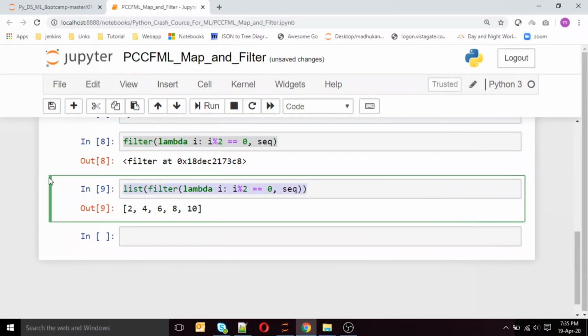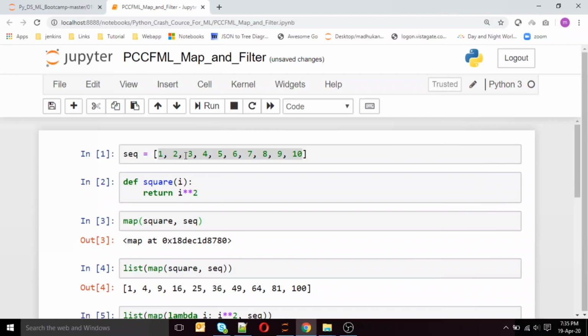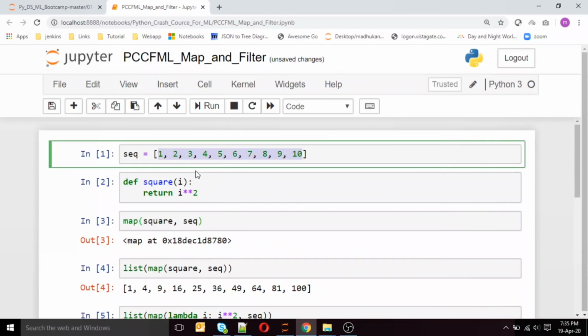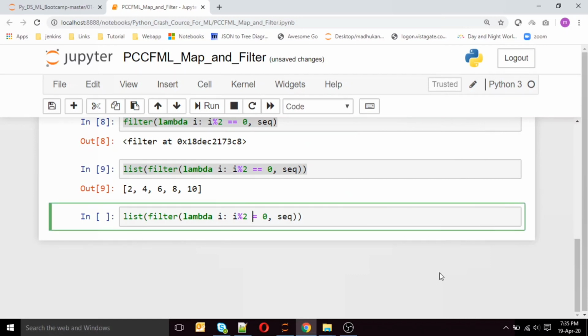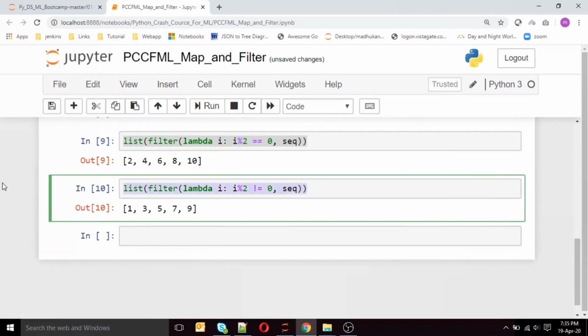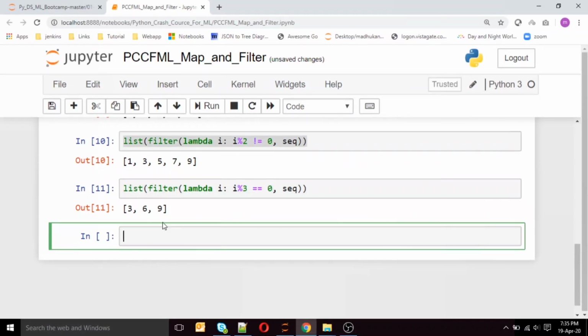If I want each element divisible by 3, or odd values, I'll write not equal to 0, and it will give you the odd values. Now if it should be divisible by 3, I can write that. All the elements divisible by 3 in the sequence list have been printed, like 3, 6 and 9.